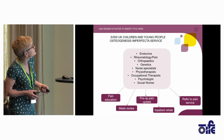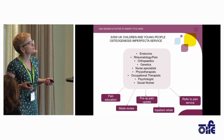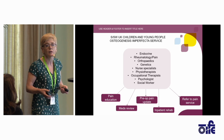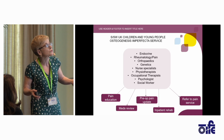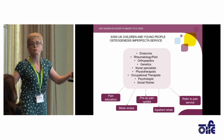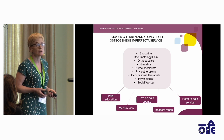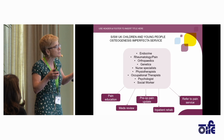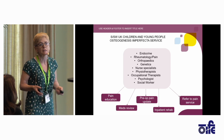So what do we do in Bristol? We've got a lovely team for young people. This is a problem, I think, across the world. It's not a problem. We've got a lovely large team. The problem is, as young people transition into adulthood, that lovely large team disappears. And I don't know so much about all the other countries, but I know some, and often OI falls into osteoporosis and under rheumatologists, and the wait for a rheumatologist is phenomenal, and access to psychology almost non-existent in our NHS unless you wait a long time. So there's a real disparity, and so this transitional aspect of pain management in any disease is really key, but